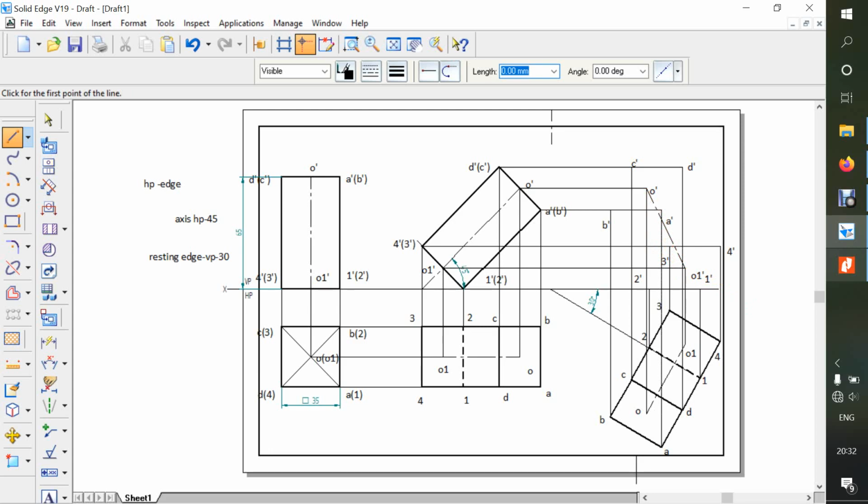So O and O1 dash. Okay, so now what I said, if we are viewing from this side, the side which is near to you is ABCD, that is this and this one. So without any second thought, we'll make that line dark. So where is A and B and C, D and E.